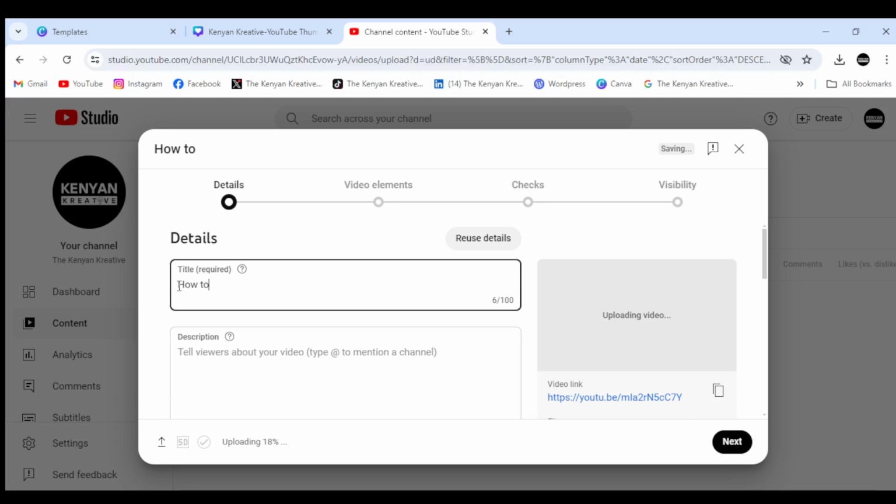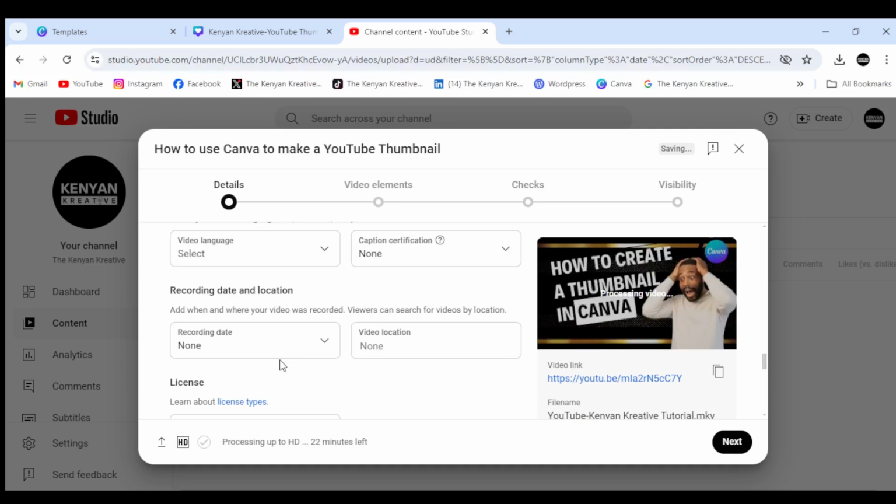Then I'll say this one is not made for kids, and then I'm gonna click on no, don't restrict my videos to 18 only, because of course this is content that is okay with even children, and there is no AI generated content in this case. And my category is how-to and style. Alright, then for the elements, it says that you can complete this step once the standard version of your video has been processed. So once it finishes processing,